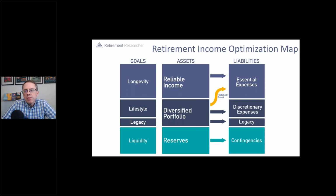So this is how I think about building retirement income plans, where the goals, the 4 L's on the left, longevity, lifestyle, legacy, and liquidity, map into liabilities or the expenses associated with these goals on the right. So longevity is about essential spending, lifestyle is about the discretionary spending on top of that to enjoy the best possible lifestyle in retirement. Legacy, I didn't think of another name for it, but it's what you want to leave to the next generation. And then liquidity is about having assets available to support contingencies, spending shocks, situations where your retirement budget is your